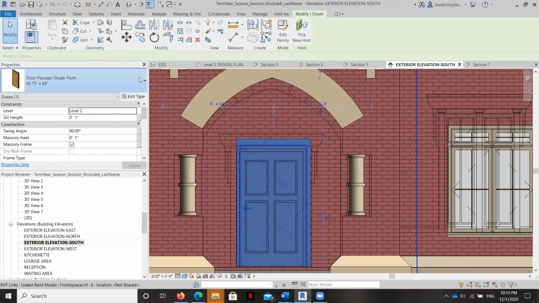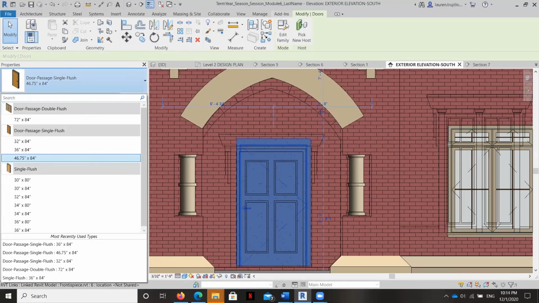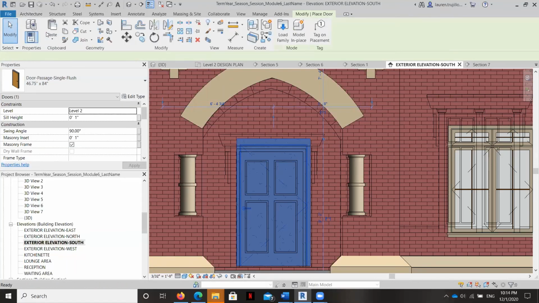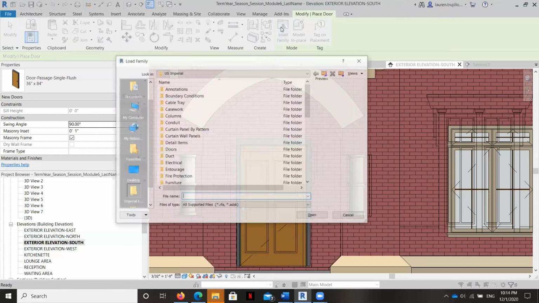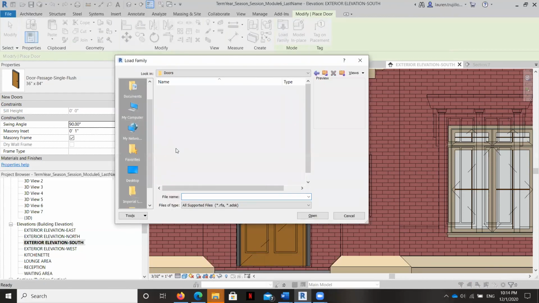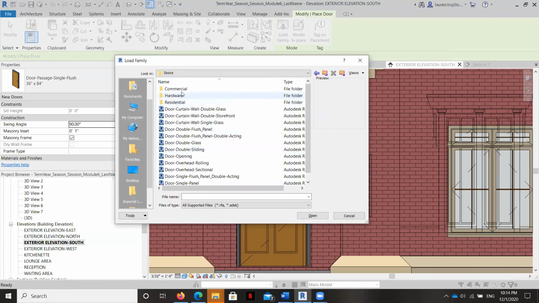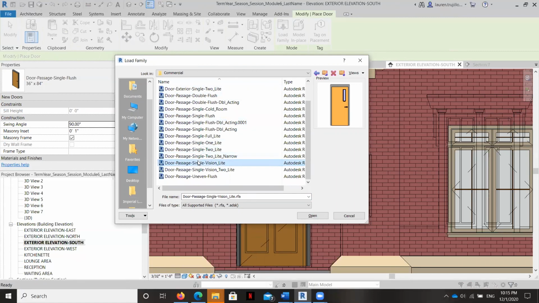Let's go ahead and see real quick if we got anything else exciting. I don't remember there being particularly beautiful doors. Yeah, these are all sort of uninspired.